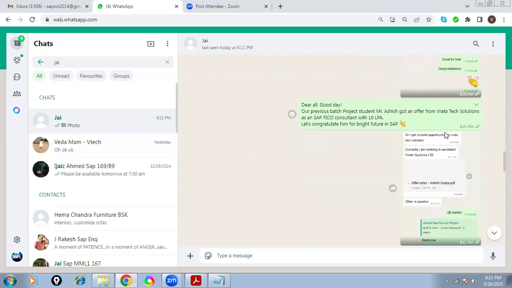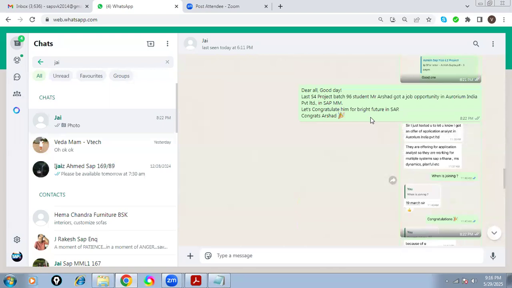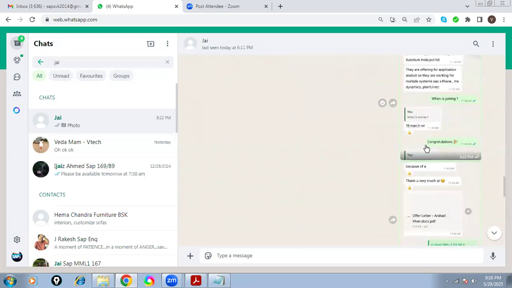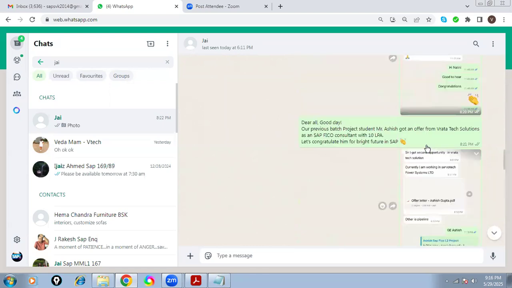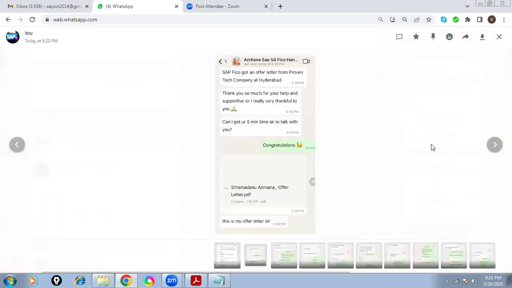You see here. Who is this? Ashish, FICO consultant, 10 lakhs package, his offer letter. Like that, Arshad, he got job recently. And you see, if I open like this, it will be more visible to you.